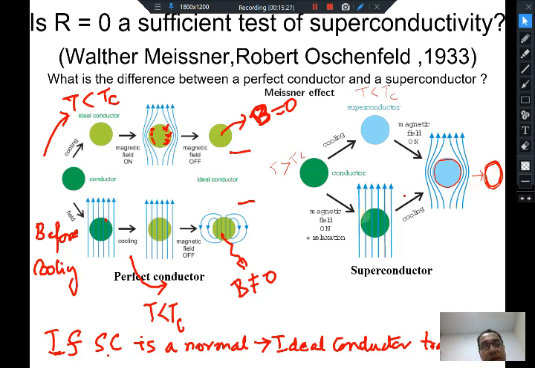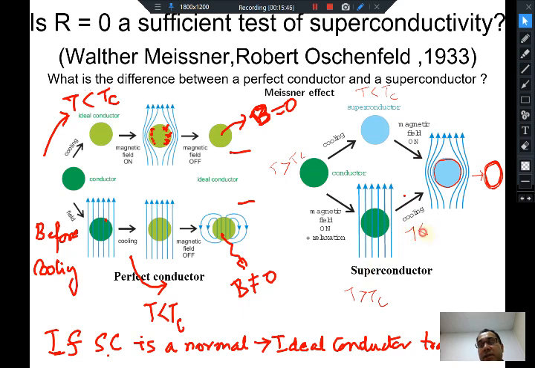Now you do the other path, the path which was taken earlier, the lower path, where you first switch on the magnetic field before cooling it. So T is still greater than Tc. You apply the magnetic field to the normal material. It is not a superconductor.